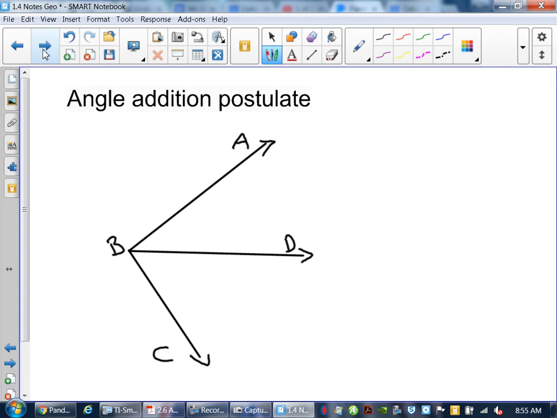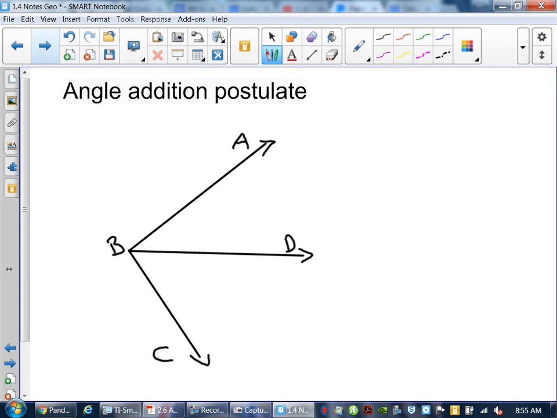Now, what we get into is what we call angle addition. This is exactly the same thing as segment addition. The only thing that's different is that it has more letters. Remember, segment addition was AB plus BC equals AC. This one is angle ABD plus DBC equals ABC. It's still the same exact premise: if two or more angles share a common vertex,